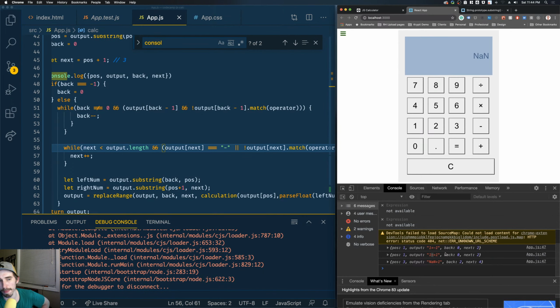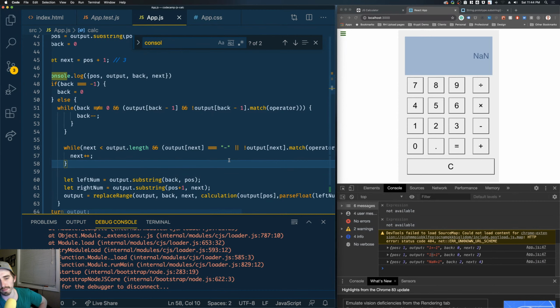So we need to check when we read next. We need to check the next thing, and if it does match,